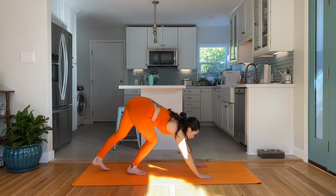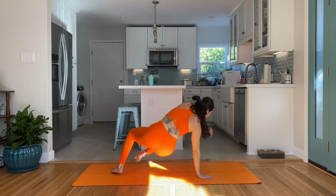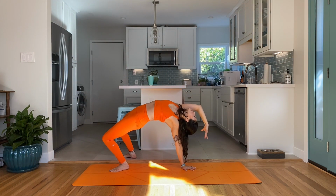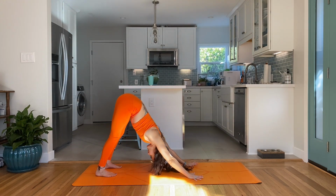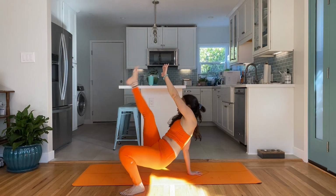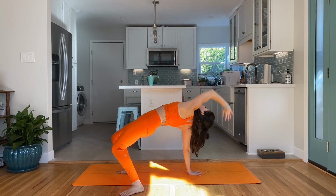All right, so from the top, we start in a downward facing dog. Come on into down dog. Deep breath in, big sigh out, here we go. Hover, kick through, flip around, toe tap, crab reach, come back where you came from, downward facing dog, static beast, kick through, flip under and then over, toe tap, tap, crab reach, push the shoulder down, squeeze the belly up,